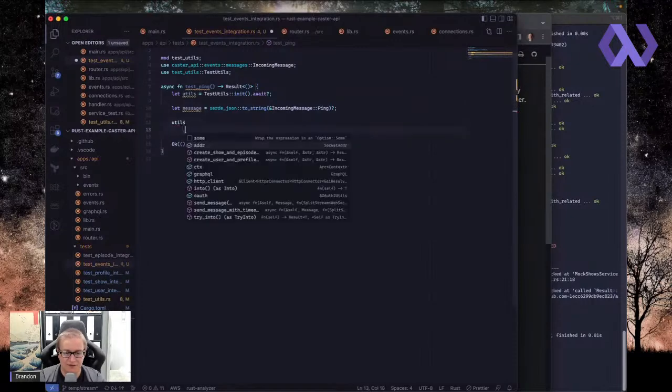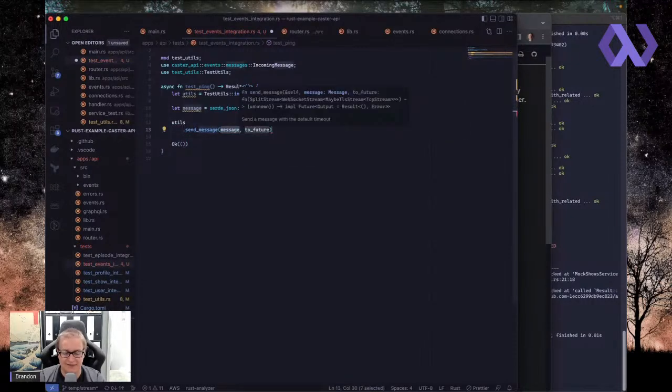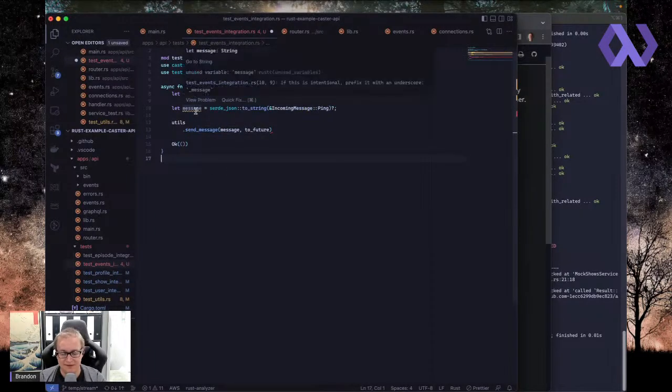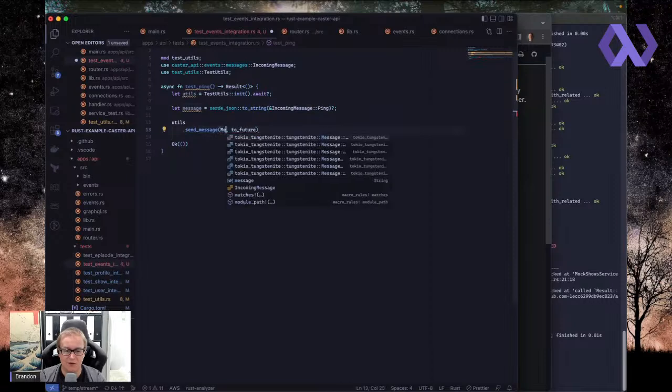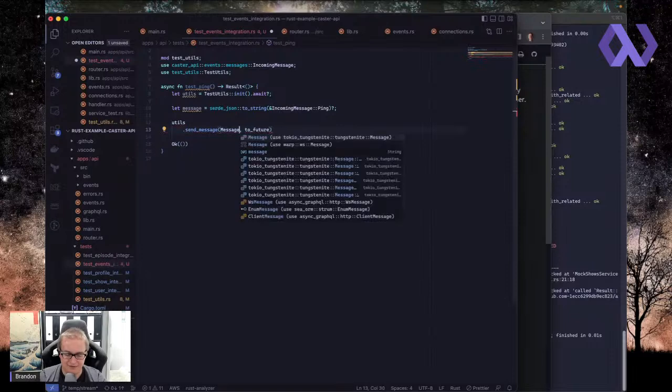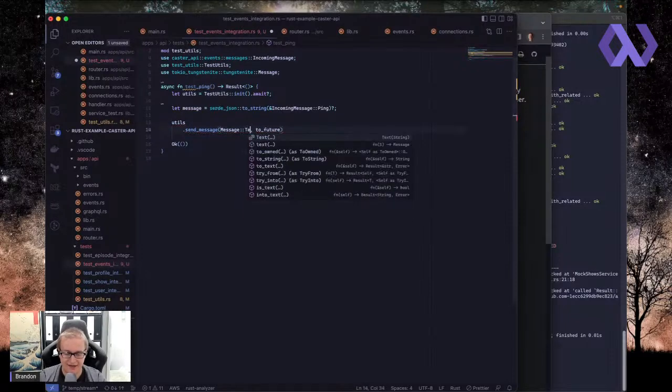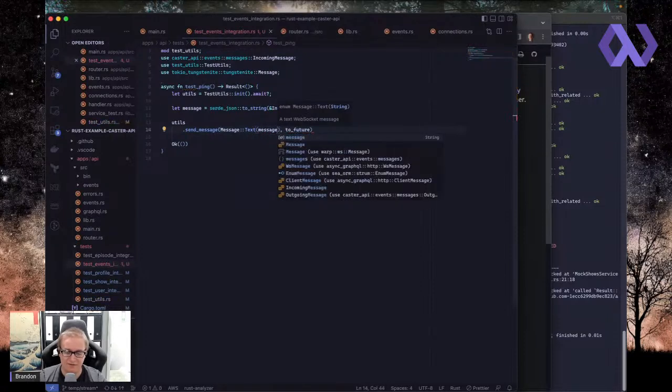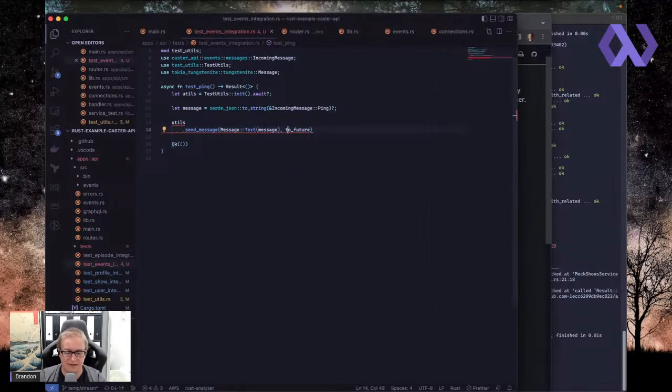And with my utils, I'm going to call that send message utility that I just set up. I'm going to call it just with the default timeout of 1 second. And so my message here is a string. So I need to use a little helper from Tungstenite saying that I want to send a text message. So that's how I'm going to wrap it with the text enum so that Tungstenite knows that I'm sending text. And then my to future here is going to be an inline function. And then it's going to return,